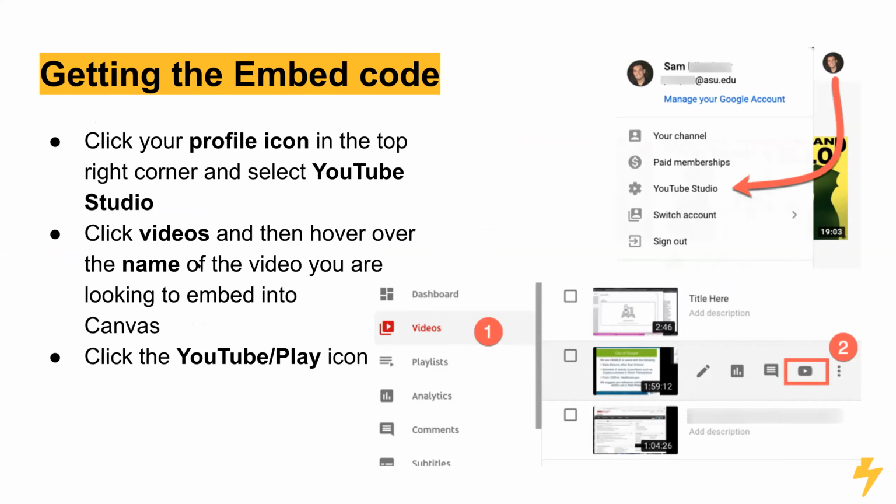Now, to get the embed code in YouTube, all you're gonna do is go into the top right corner of the page that you're on. You should see an icon; if you don't have a picture uploaded, it's gonna be the first initial of your first name. You're gonna click that, and then you're gonna go ahead and click on YouTube Studio. On the left-hand side of the new page, you're gonna click on videos, locate the video in the list that you want to embed or grab the embed code for, and when you hover over it,